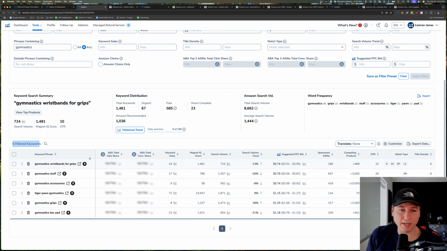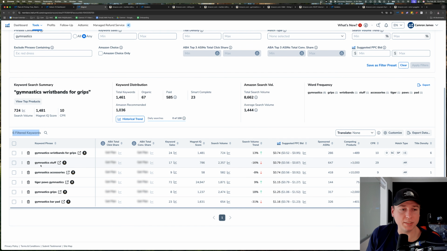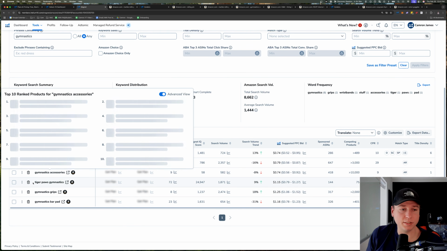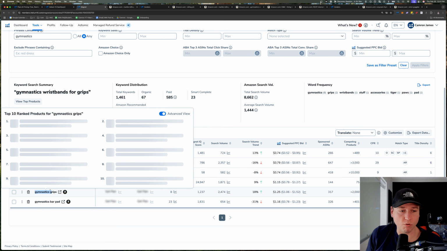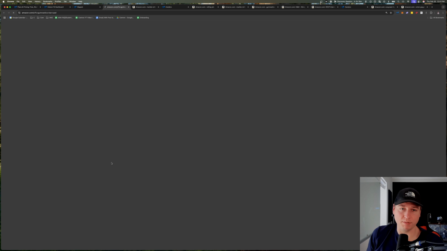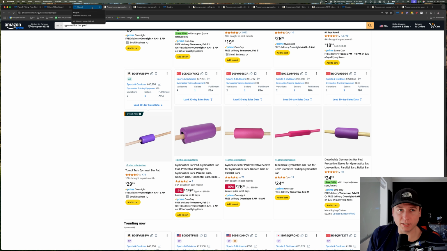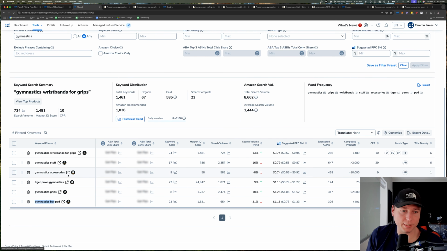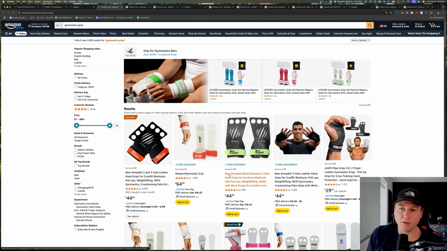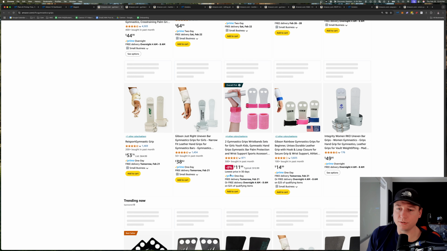This is a little too narrow, but maybe gymnastics isn't that big of a niche to look into. But we see gymnastics stuff, accessories, tiger paw gymnastics, grips, bar pads. So it's like, what's a bar pad? Let's go look into that. So we see these different bar pads. We take a look at that market. Okay, so maybe it's accessories, maybe it's grips, all this good stuff that we can go down to,